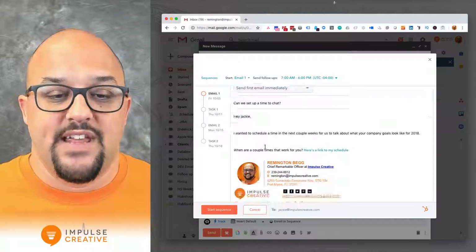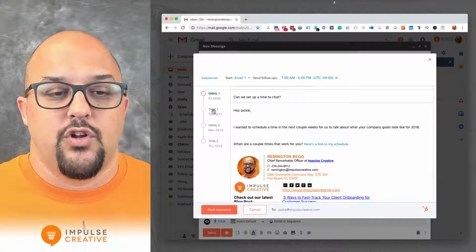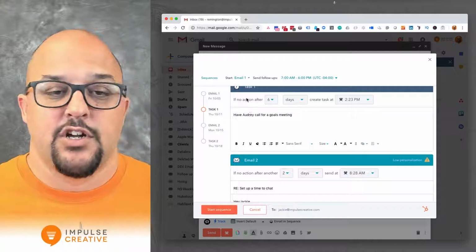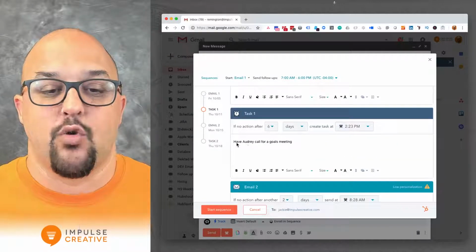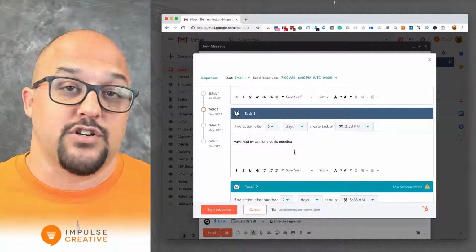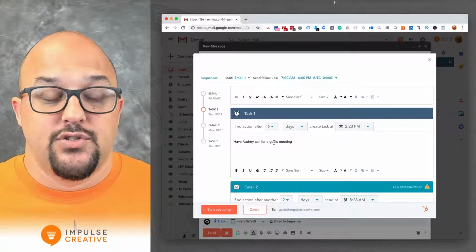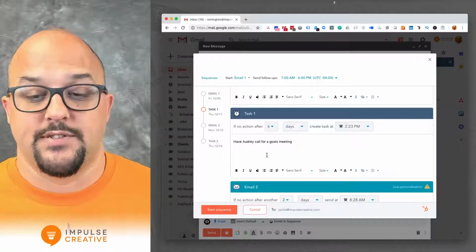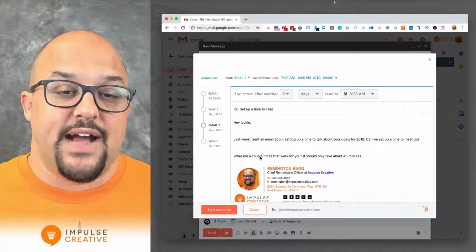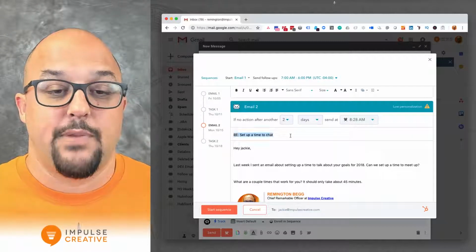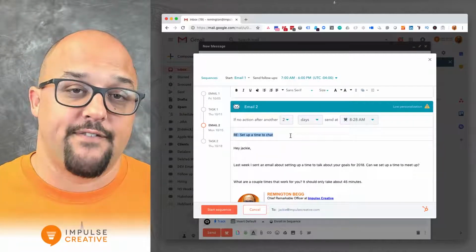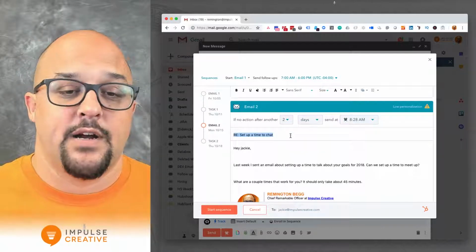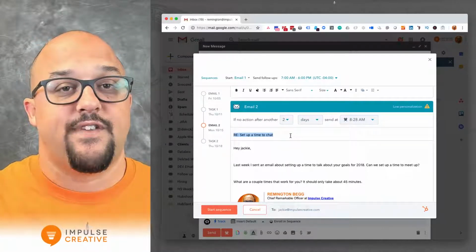So you can choose to send the email immediately. And then of course you have the option to scroll through here, and as you're sending this to a specific contact, you can assign tasks or give yourself reminders within the system so that it reminds you to pick up the phone and call, or it reminds you to discuss something with someone else. So as it goes through with each of the options here, you'll see that we have the ability for threading, and this is another defining feature that places HubSpot Sales Professional above Yesware,